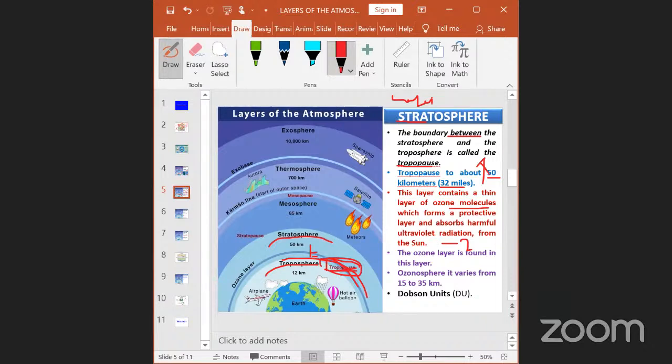The ozone layer is found in this layer. This is the ozone layer, remember this. The ozone layer absorbs UV rays and safeguards us from harmful radiations. The lower stratosphere has the ozone sphere, and its altitude varies from 15 to 35 kilometers